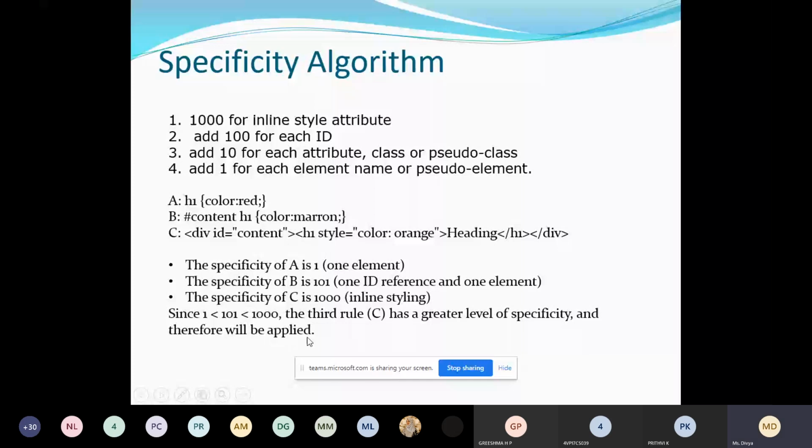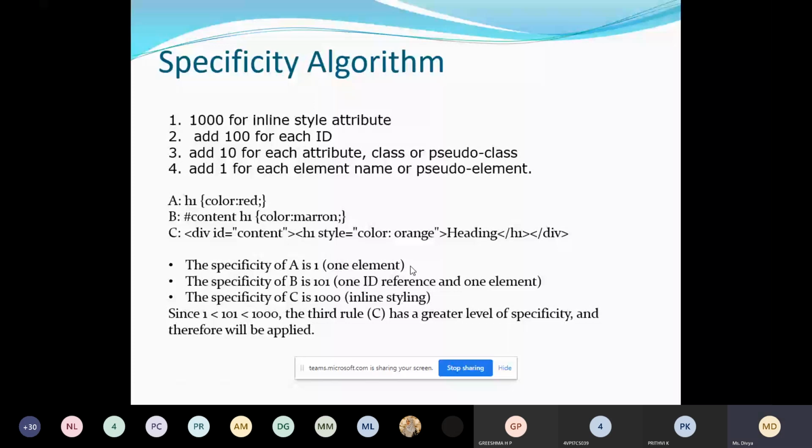Inline has the highest level of specificity, therefore this will have the color orange. Is this example clear? This is the specificity algorithm. Like this you can give a simple example in the exam.